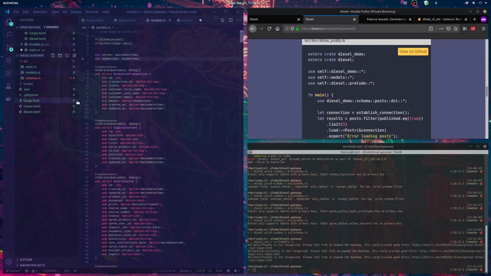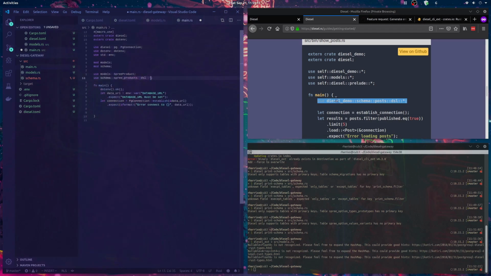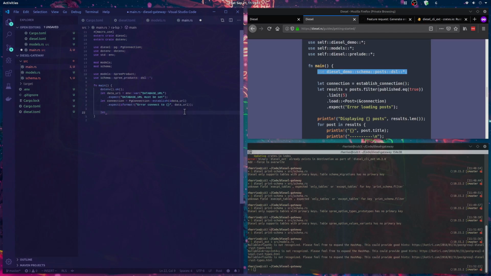All right, so we're actually getting to where we're starting to query now. This example is a little bit confusing because it loads in the schema from this external crate, which we are absolutely not doing. It's right there. So this is where this DSL star comes from. So we're just going to do a single. No, let's do a couple products, literally a couple. We're going to go spree products. Anyway, so let's limit 2. Just going to do 2 now, and then we're going to load